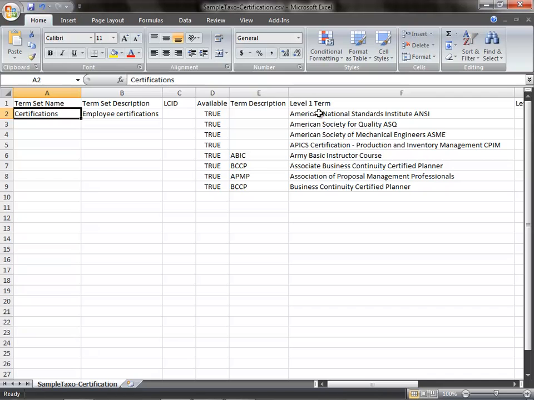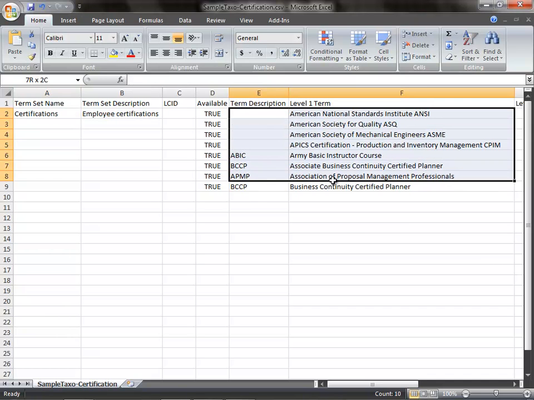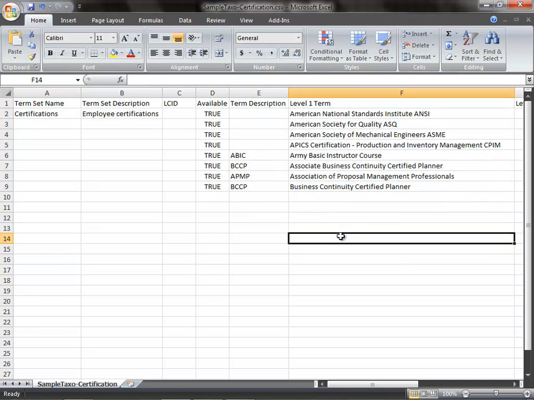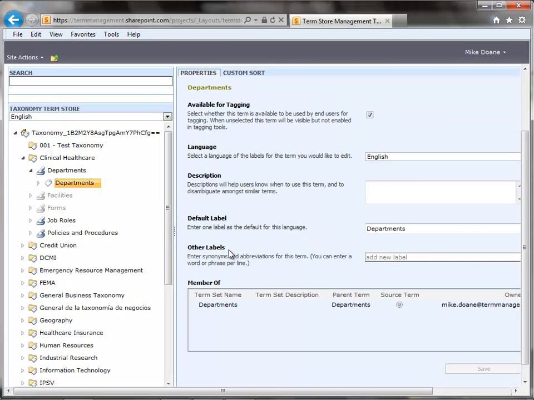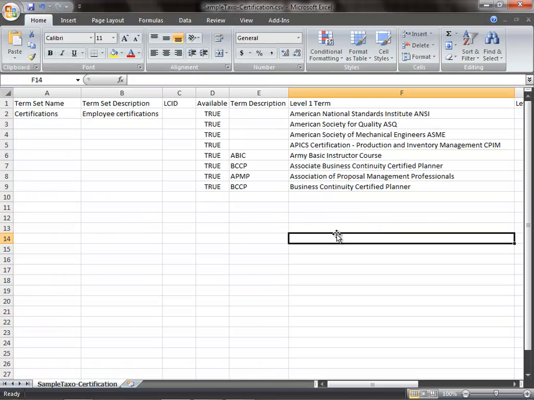Here we can see two different ways that are basically workarounds for getting these other labels into the term store. You'll notice that inside of the CSV file there is no column called other labels. So there's no direct way to do this yet in 2010. Hoping that's going to be addressed in SharePoint 2013, don't know yet. But in the meantime, I've come up with a couple of workarounds that I like to use